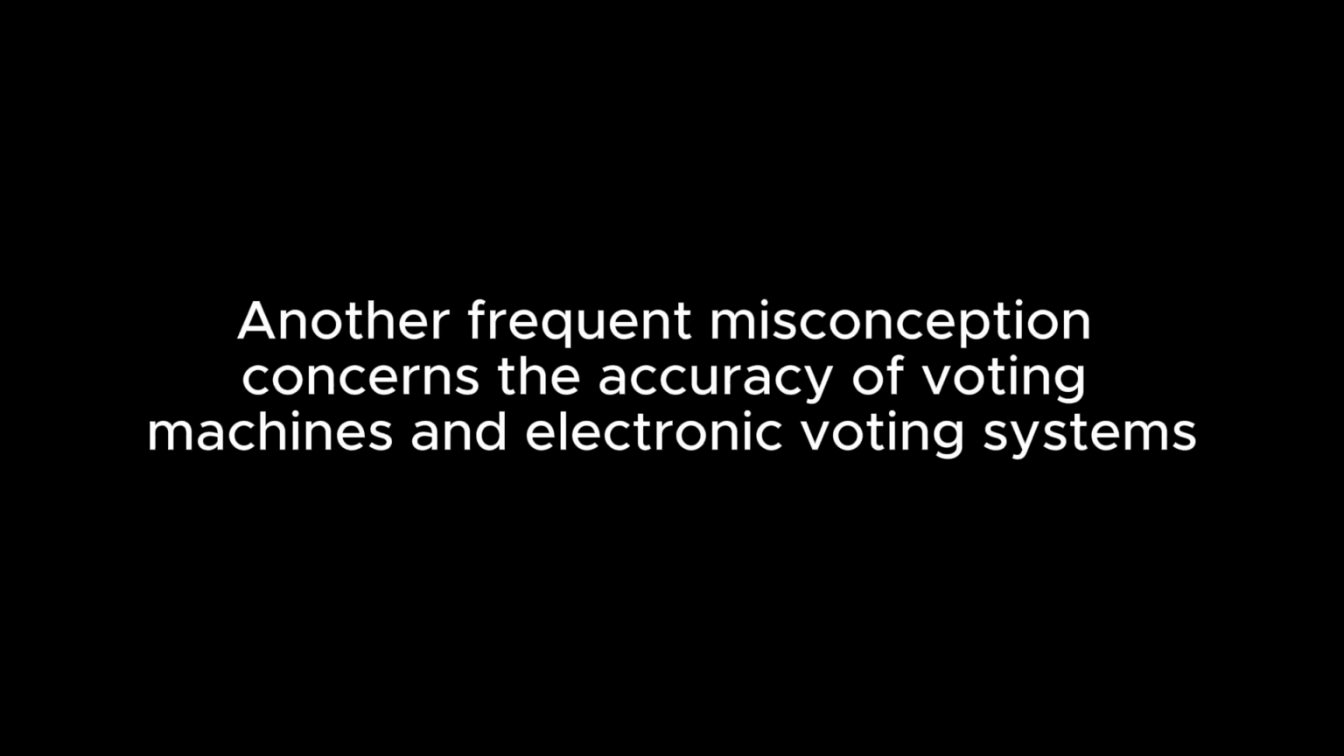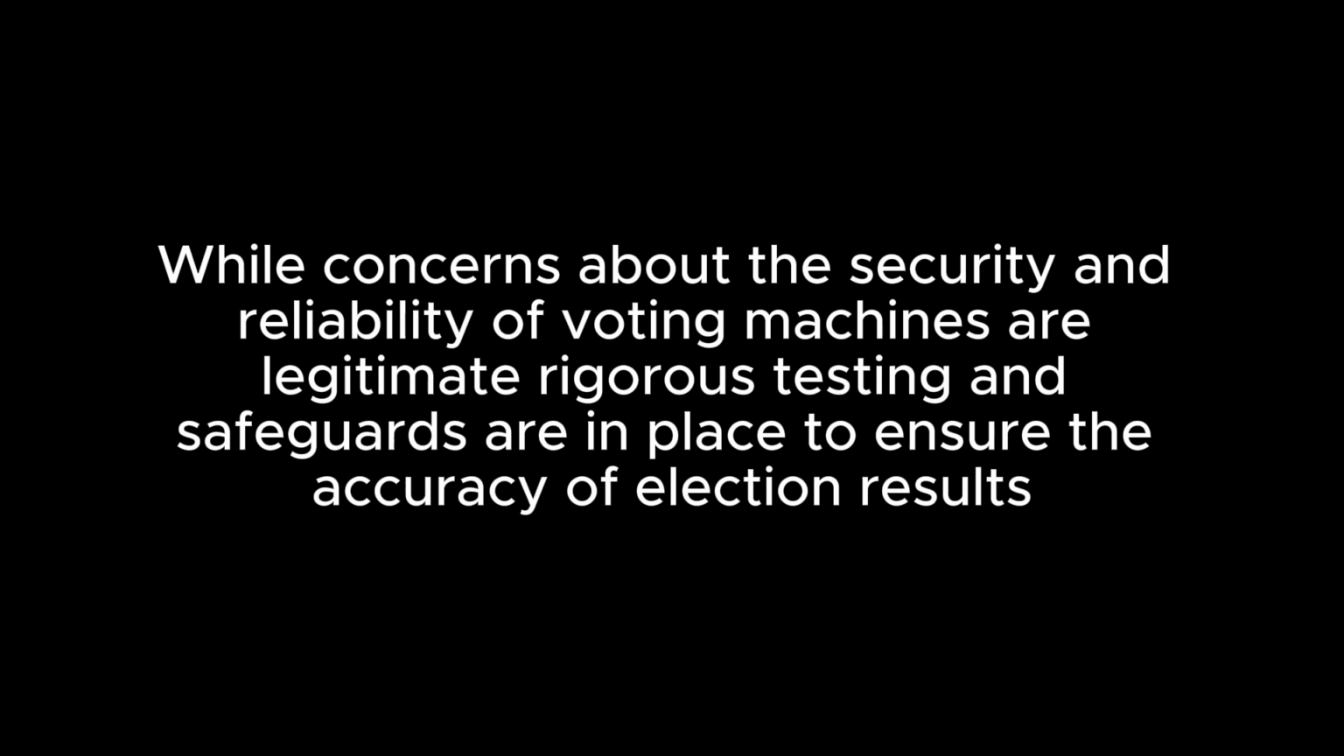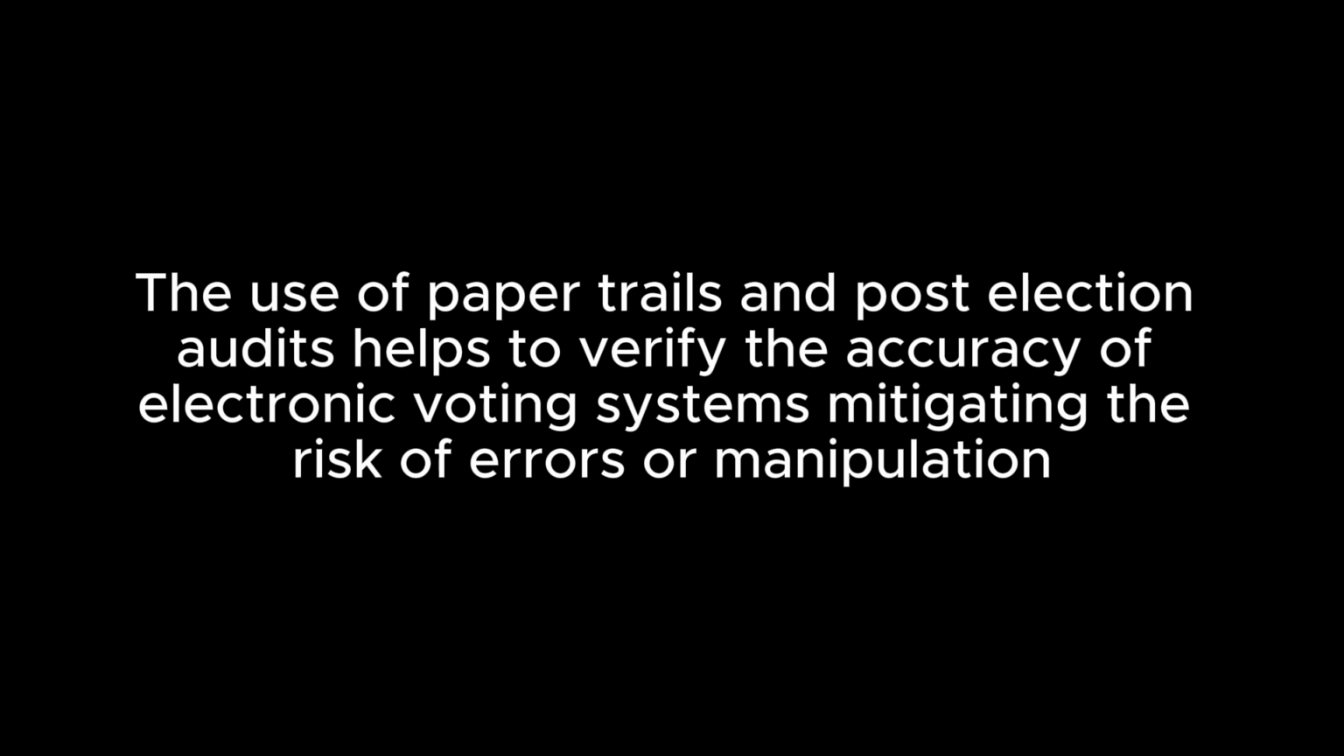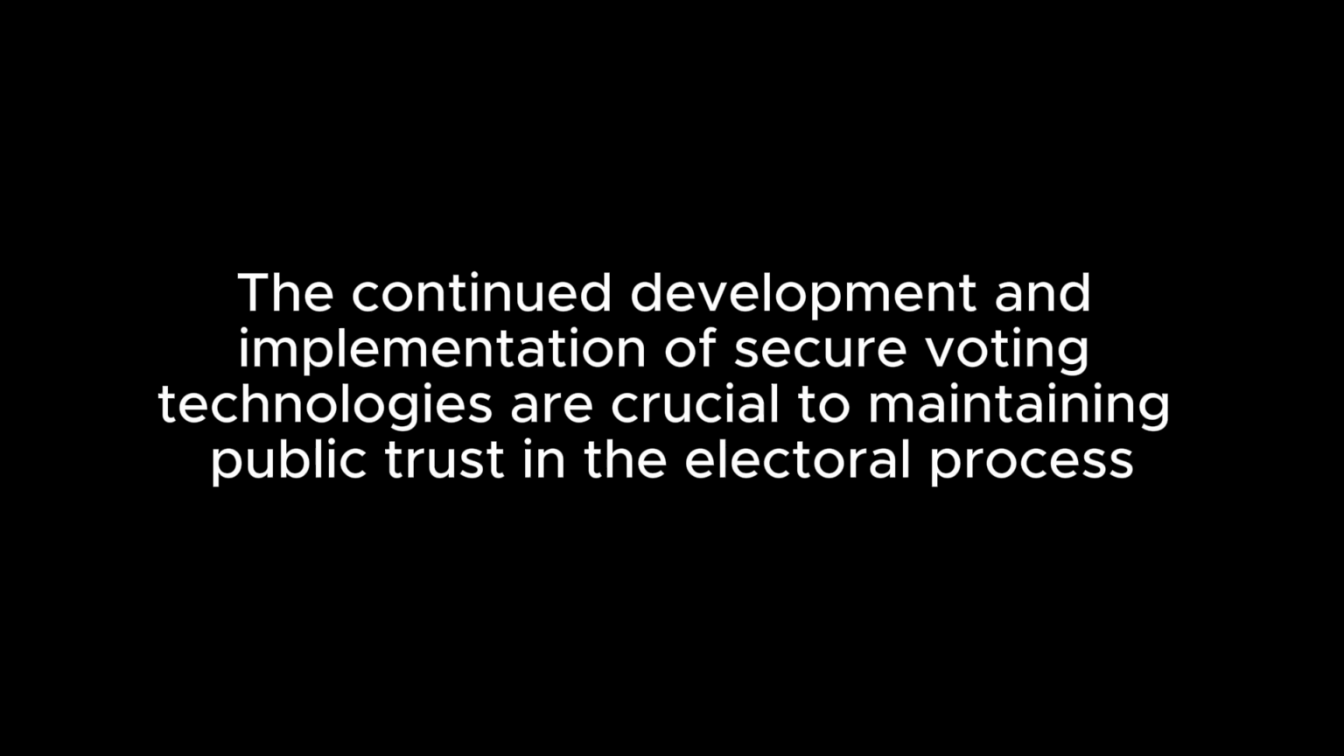Another frequent misconception concerns the accuracy of voting machines and electronic voting systems. While concerns about the security and reliability of voting machines are legitimate, rigorous testing and safeguards are in place to ensure the accuracy of election results. The use of paper trails and post-election audits helps to verify the accuracy of electronic voting systems, mitigating the risk of errors or manipulation. The continued development and implementation of secure voting technologies are crucial to maintaining public trust in